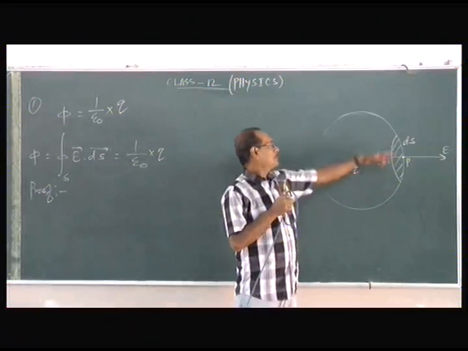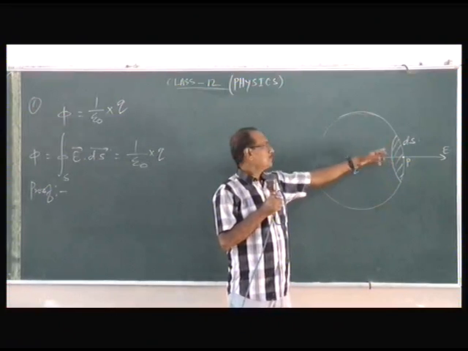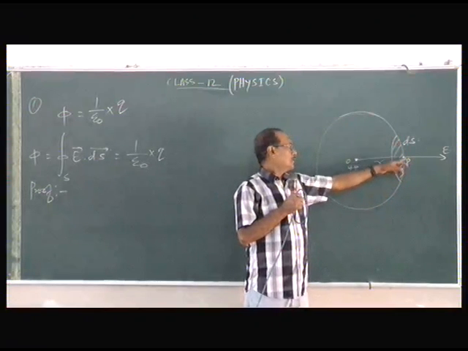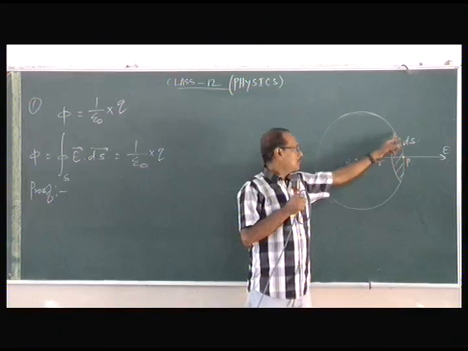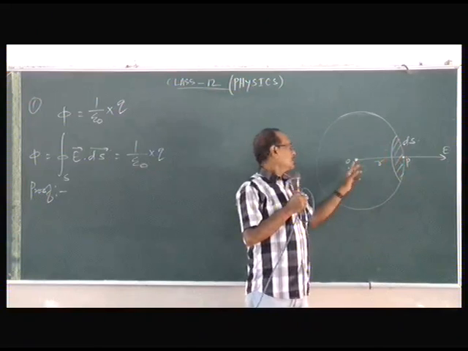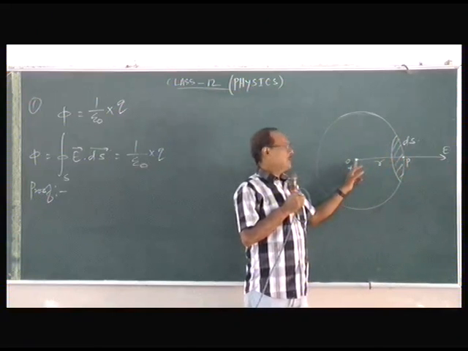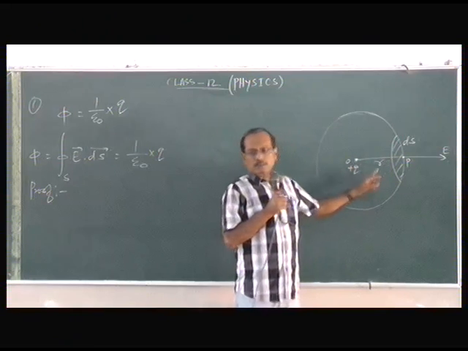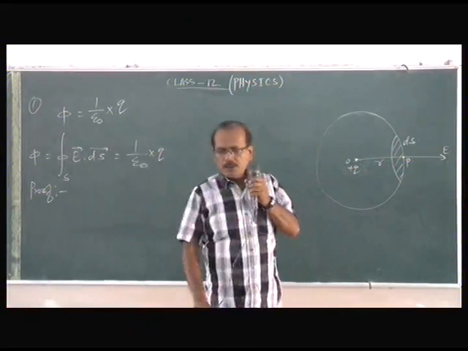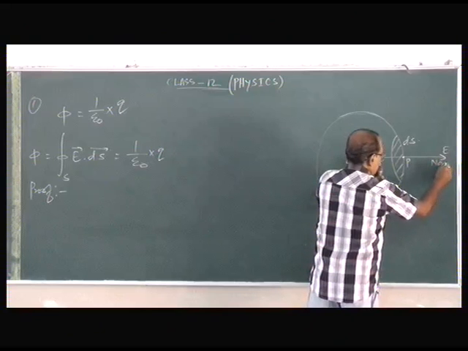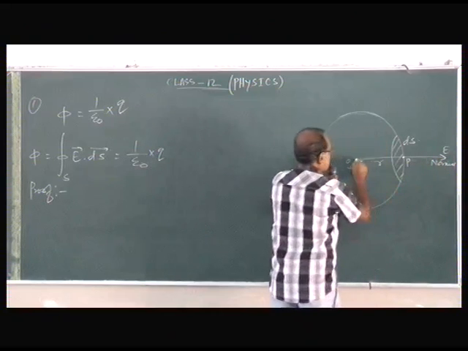A charge q is enclosed by a spherical surface. P is a point on this surface. A small area we are considering is ds. The distance of P from O, or from the charge, is small r. And the field is normal everywhere, because